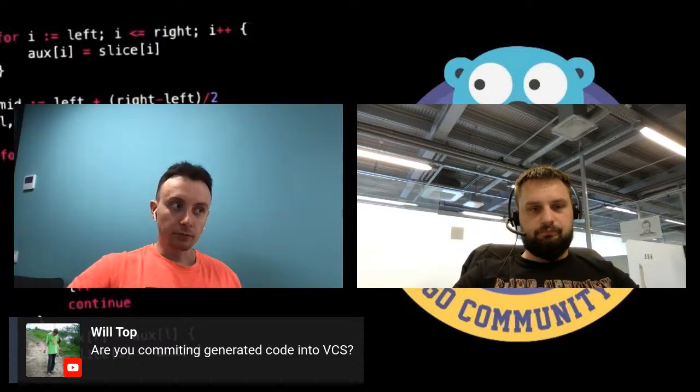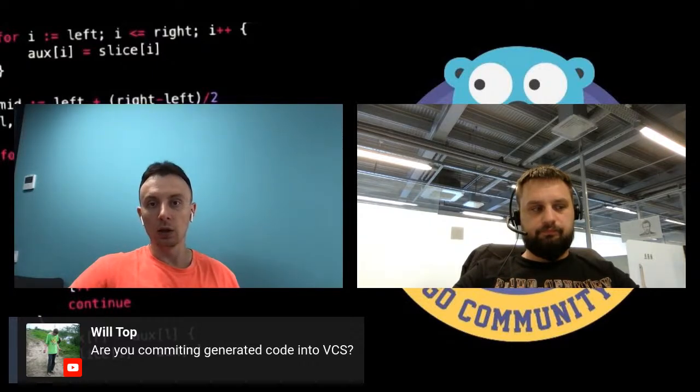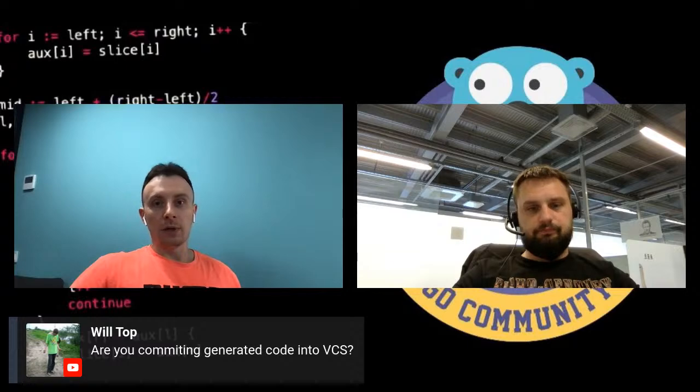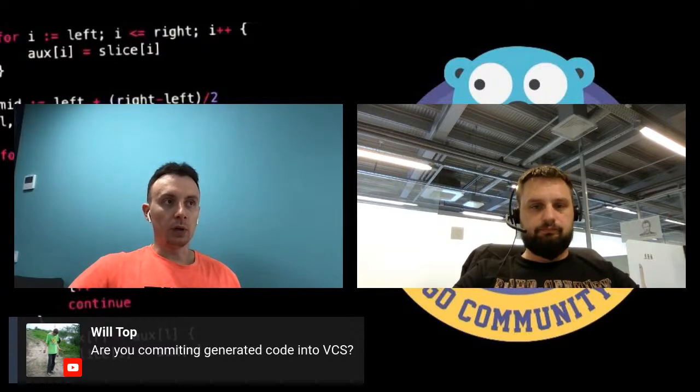If they're using Golang, they can use our generated client as well. It brings a lot of flexibility for them, because you're already using code there. And answering your question, yes, we're committing the generated server code.